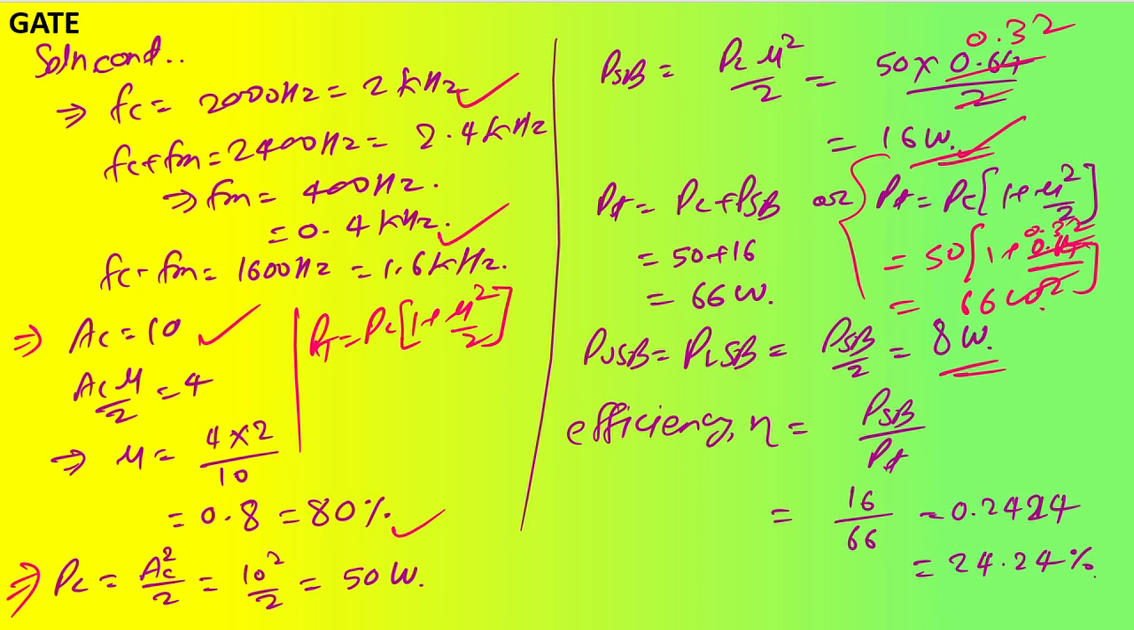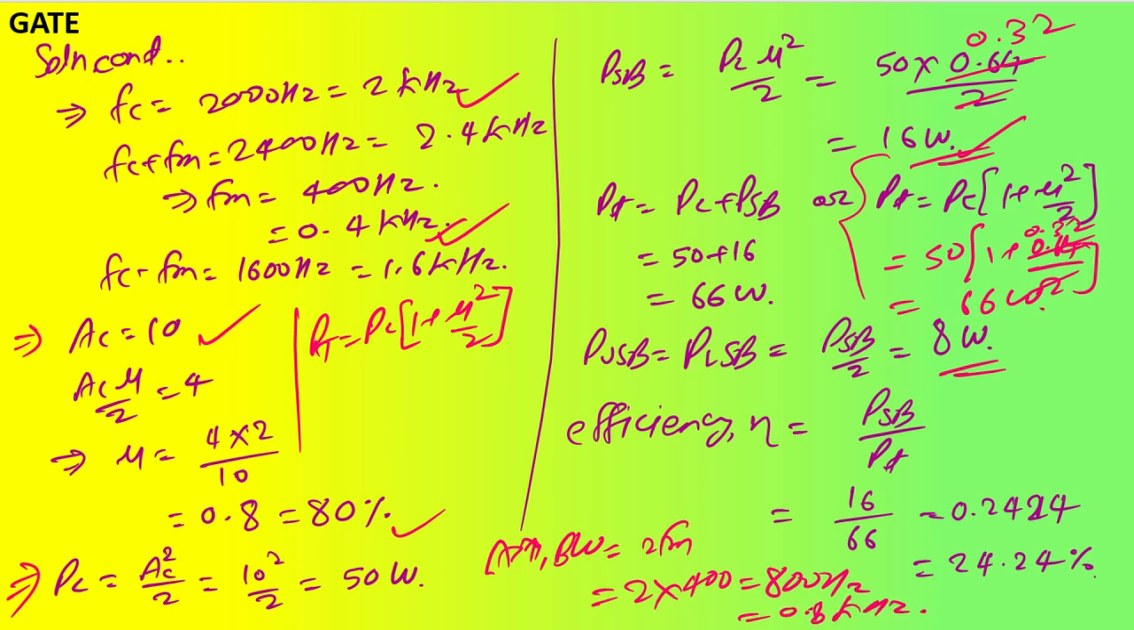Okay. Now what is the bandwidth of this? Bandwidth was also asked, right? Bandwidth. So bandwidth, since you can see that it is having only one message signal, so for AM my bandwidth is how much? 2 fm. So that will be 2 times 400 hertz, that is 800 hertz or 0.8 kilohertz. Okay,